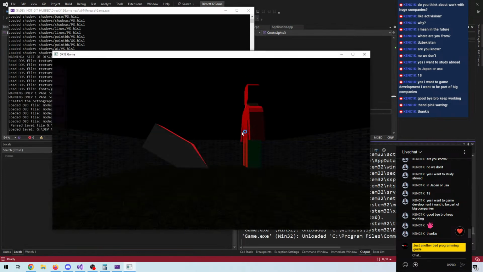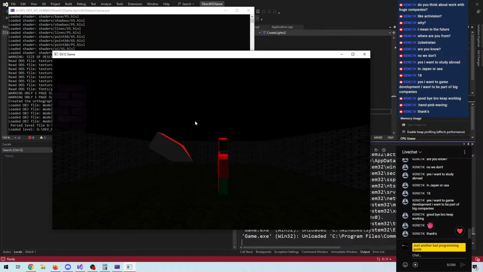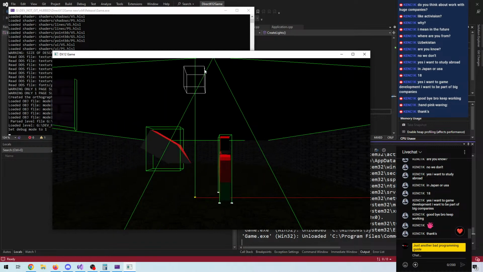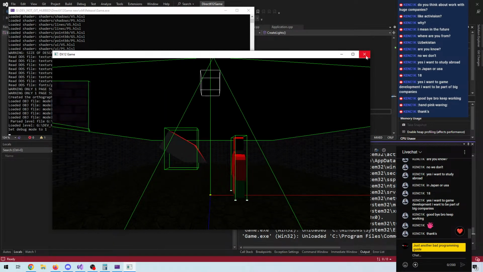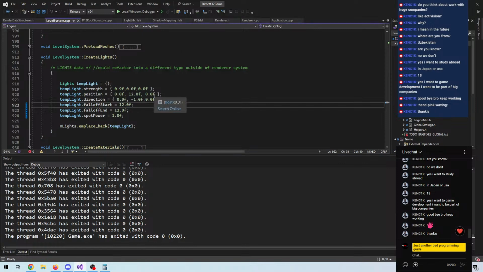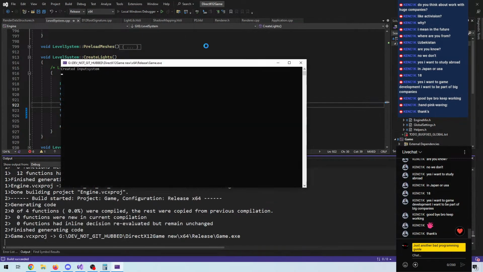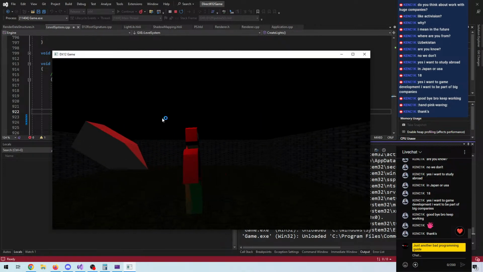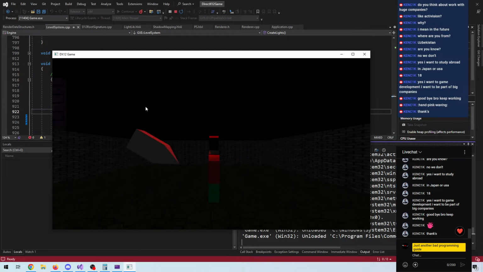Let's see if we, yeah, as you can see, the cone of the lights here is actually fairly big. The cone is still the same, but it ends before, so it's like sort of